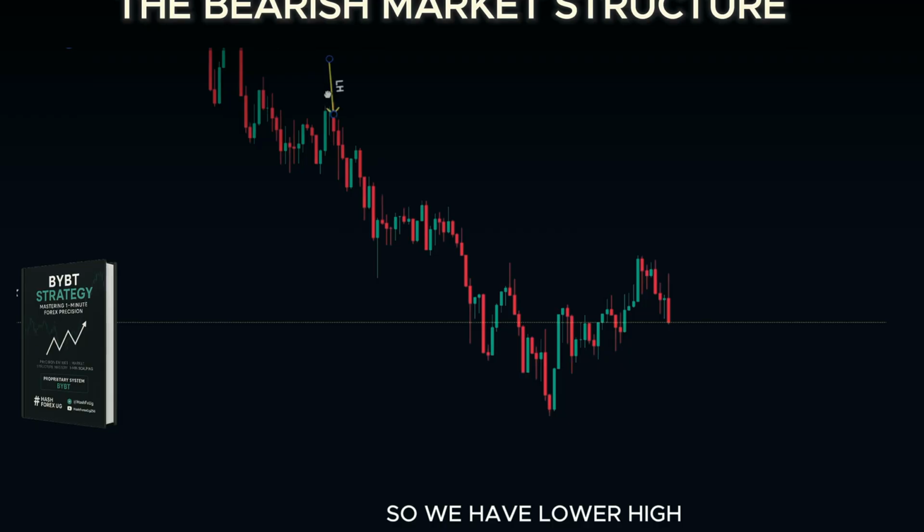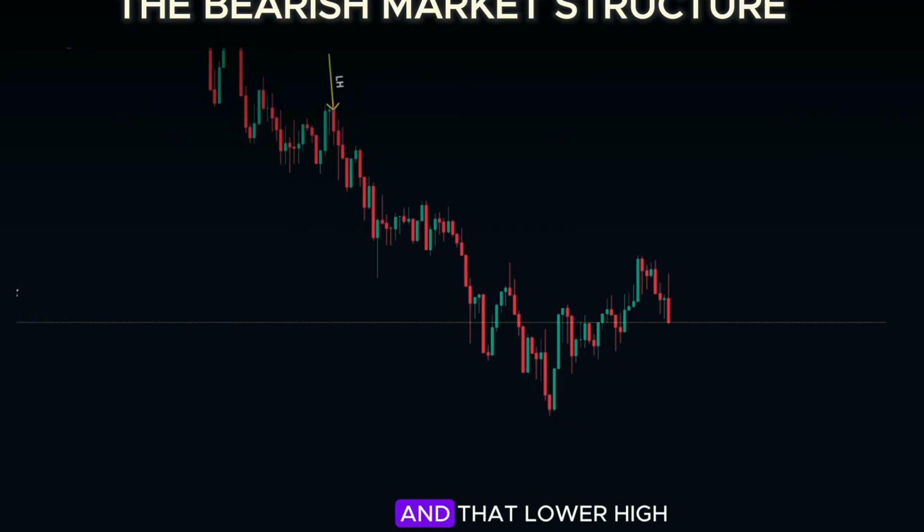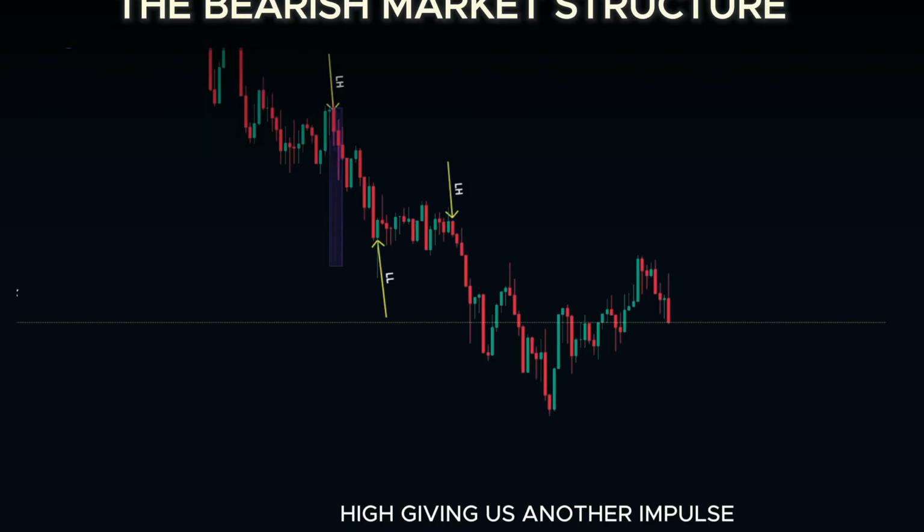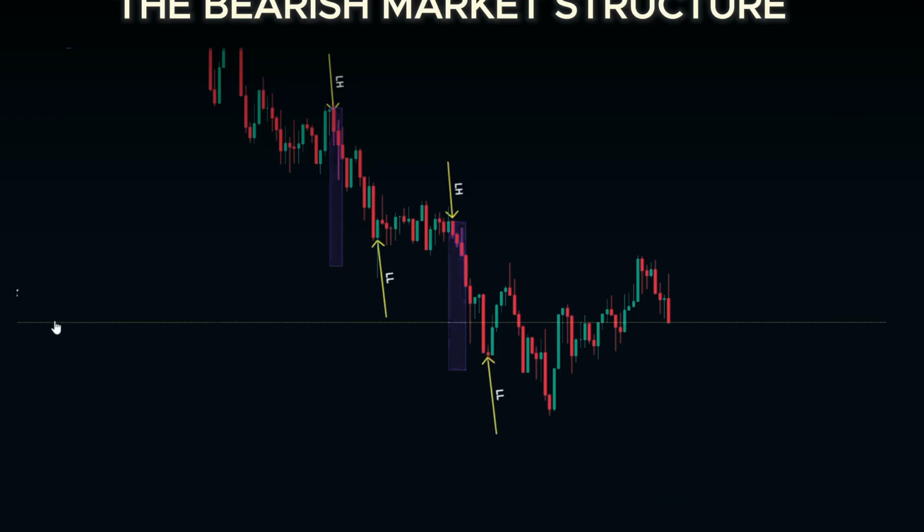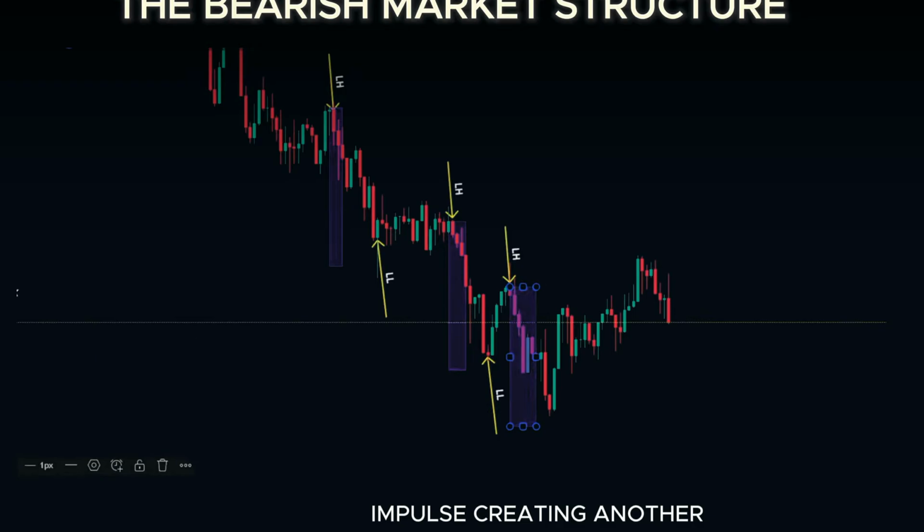So we have a lower high, and that lower high is giving us an impulse, creating a lower low. Then we get a lower high, giving us another impulse, creating a lower low. We get another lower high here, which then gives us another impulse, creating another